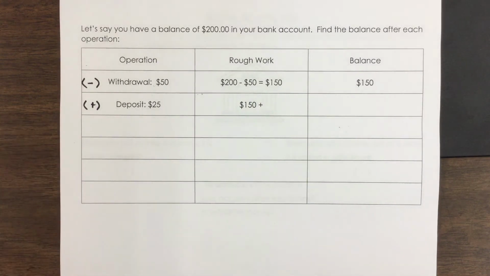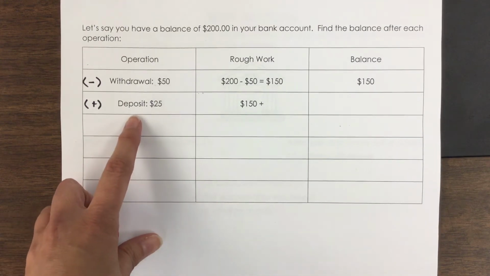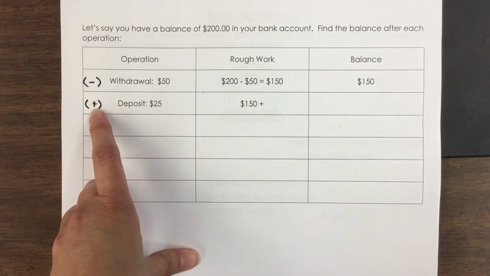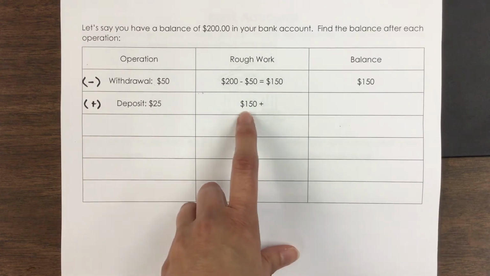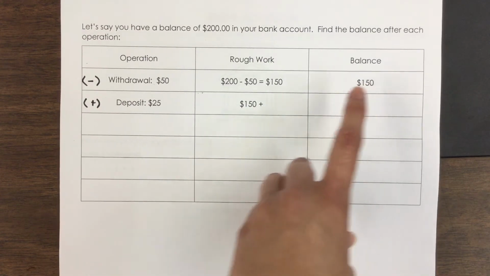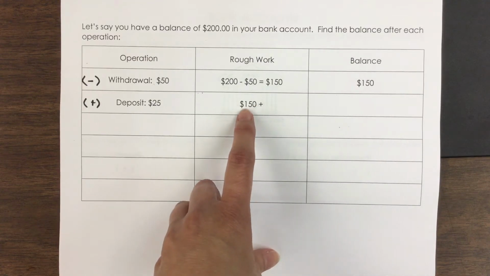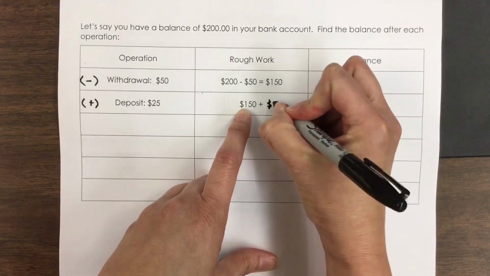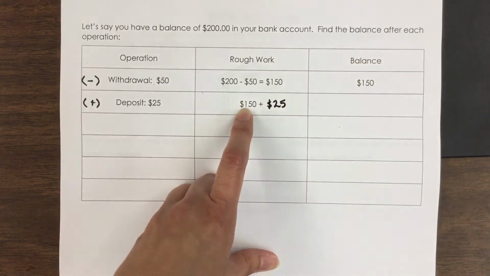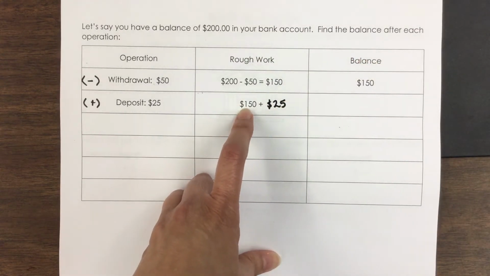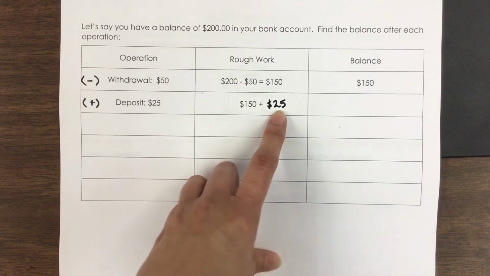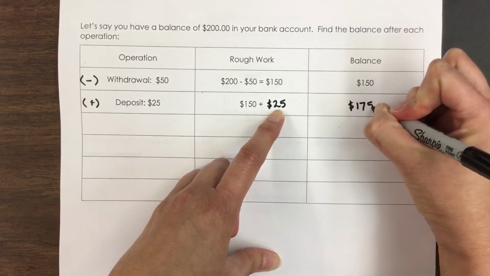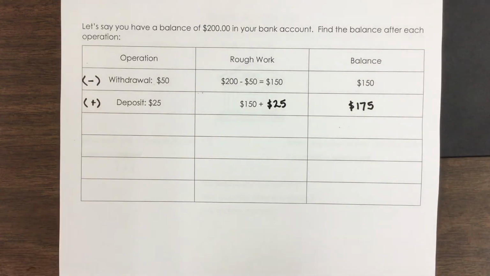What if you came in the next Saturday and you deposited $25? Well, remember, a deposit is adding of money. So now we're going to take our original balance. Do you see how this number is the same? We're going to take our balance of $150 and add $25. What do we have when we take $150 plus $25? Did you say $175? Because you are correct. So now our balance is